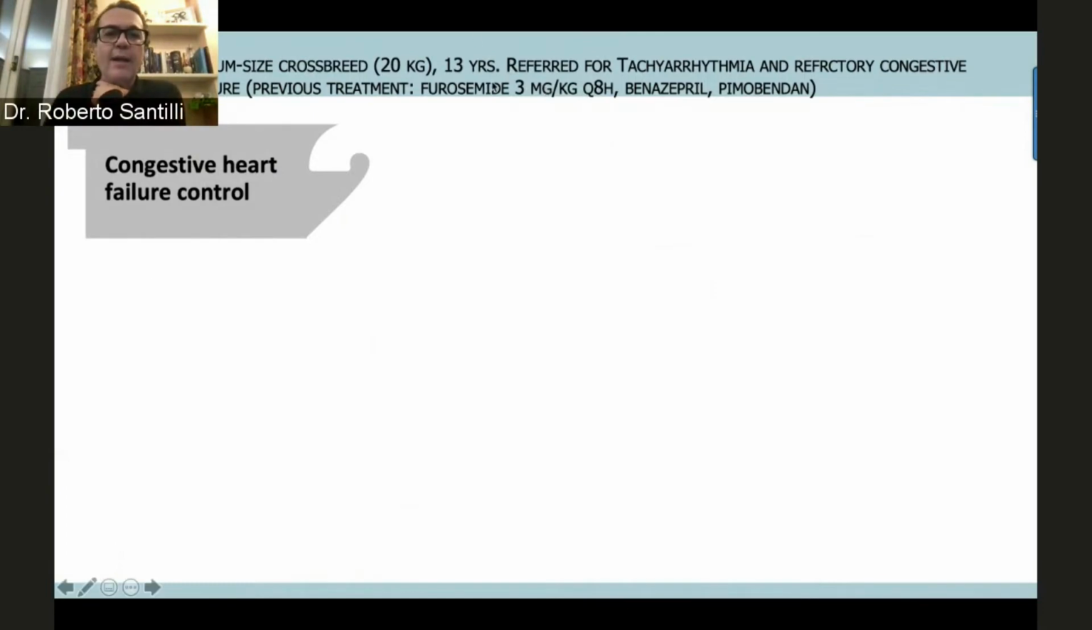Remember that 1/3 of the dogs in class C, advanced class C, have what we call aldosterone breakthrough, meaning that we have alternative pathways despite the use of benazepril. So despite the use of an ACE inhibitor, in this particular case there is probably an activation of aldosterone from different pathways. So the first mistake for this dog was not to use spironolactone already in this phase of